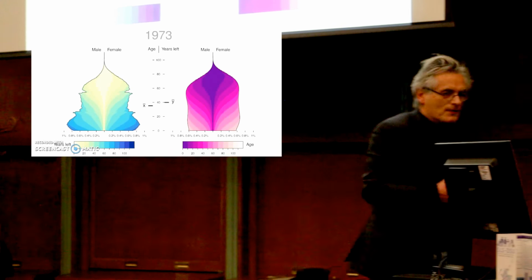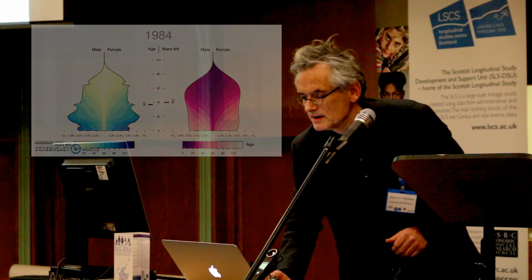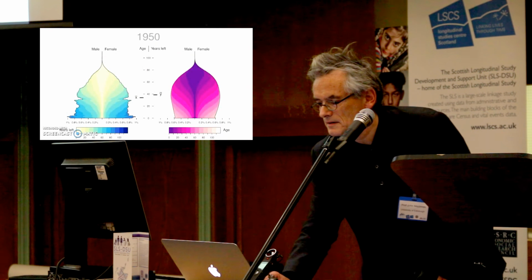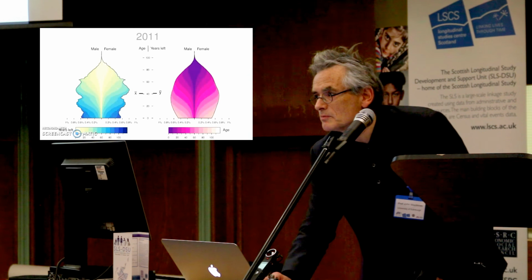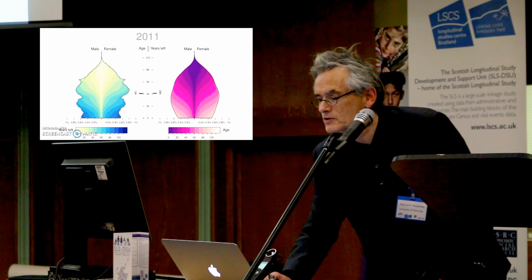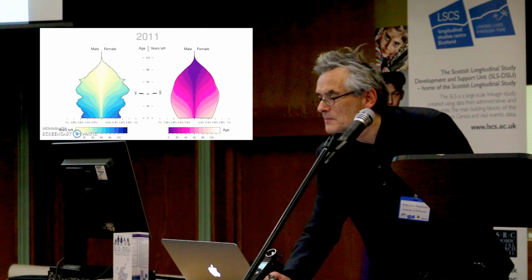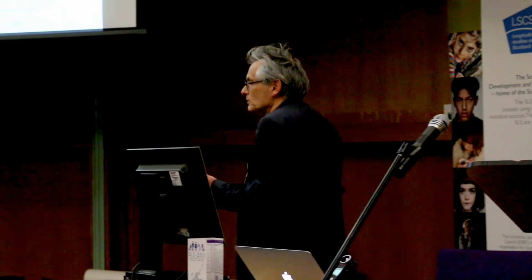And so there's a number of things you can draw. Let me just do a quick comparison of 1950 and 2011. Everybody's familiar with the change in shape of population pyramids to the so-called coffin shape, as declining mortality pushes up average ages. They're not so clear about the way in which the shape of a population leaf is remarkably constant. So some of the things that we conclude from that is